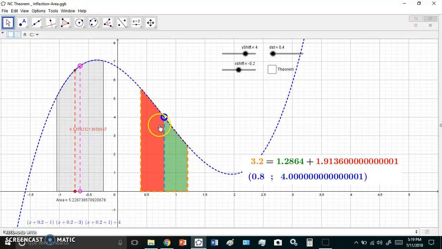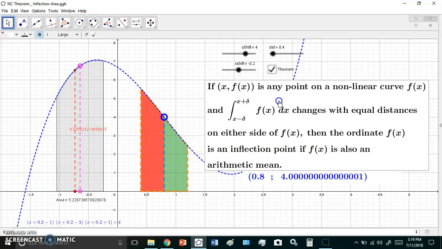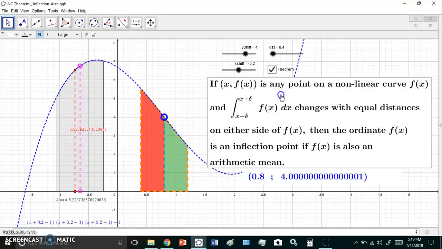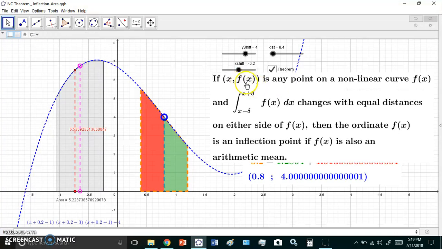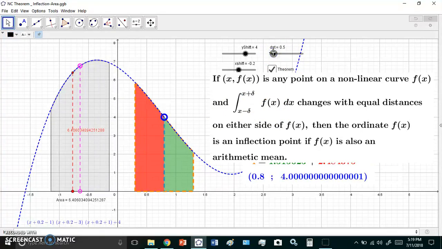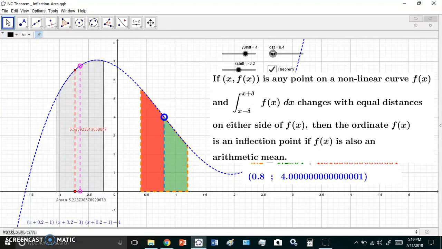So what the theorem says is this. If f of x, this point here or any other point on the graph, is a point on a nonlinear curve, and this area here changes with equal distances, like this, see, like that, on either side of this ordinate, this broken line ordinate f of x, then this ordinate here